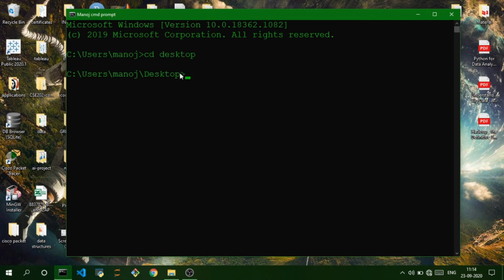So how do we switch back to the previous directory? Like I've changed my directory to desktop, but now I want to change it back to Manoj. cd space and 2 dots. It just goes back to the previous directory. So in case I want to switch it back to desktop